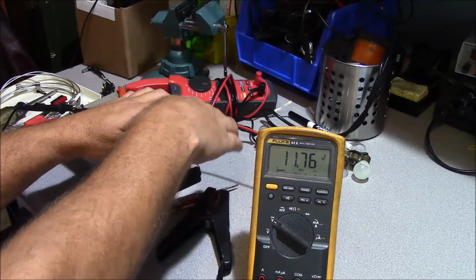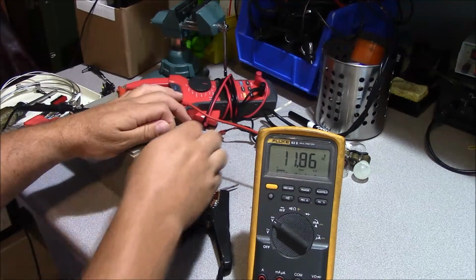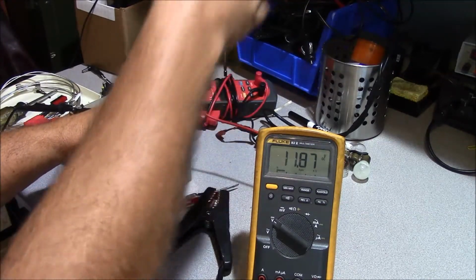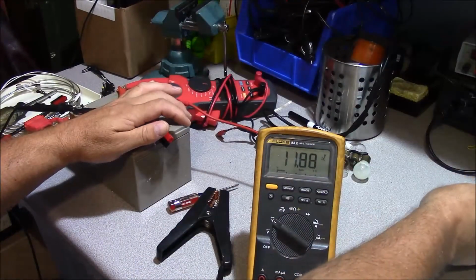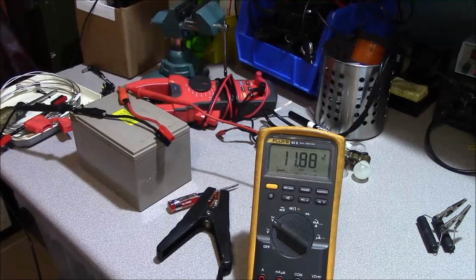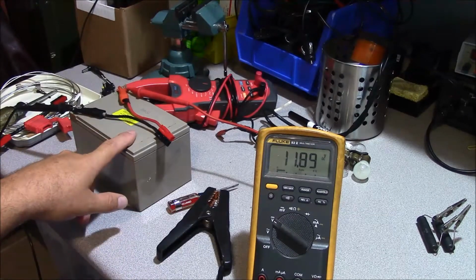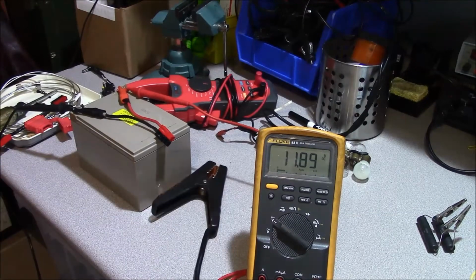So we're going to go ahead and take our super duper discharge resistor off of here. Set it aside because it's pretty doggone hot. And what we're going to do now is charge our battery back up again using the existing charger, and we're going to check the amount of current that's going to go into this depleted cell here to see if indeed